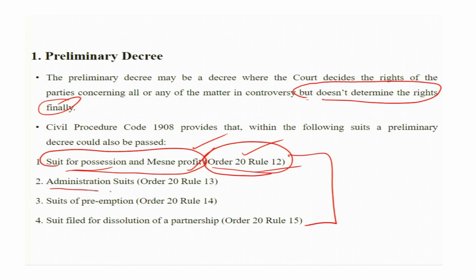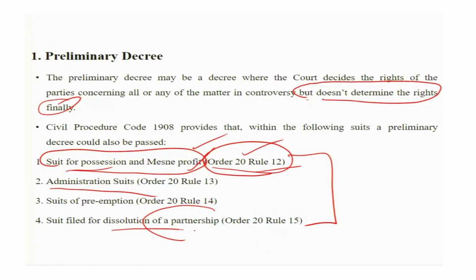Next one, administrative matter. Administrative matters are also confusing ones. There are a number of things you claim, small relief you claim, the complicated matter, the minute matter, administrative matter. Administration, like imagine executive positions, how they take decisions, how the matters are completed from one table to another table. Due to red tapeism, there are a number of things. So administrative suits also there can be. If you get today one relief, you will get an order, but that is a preliminary decree, that is not the final one.